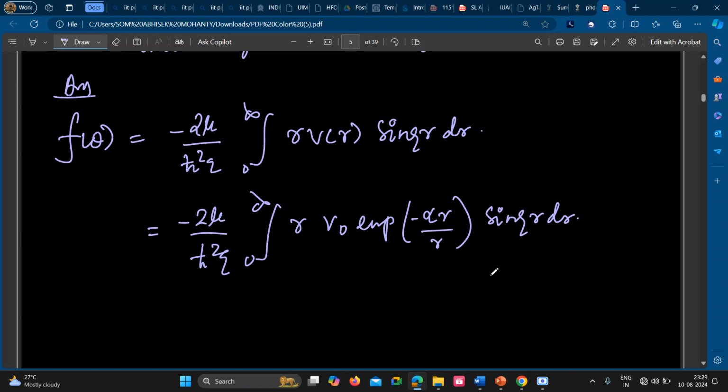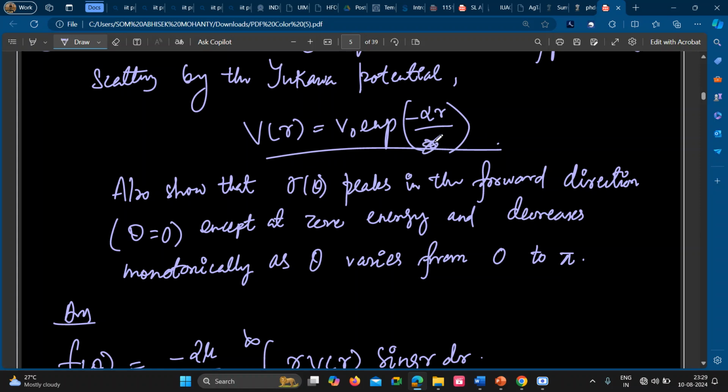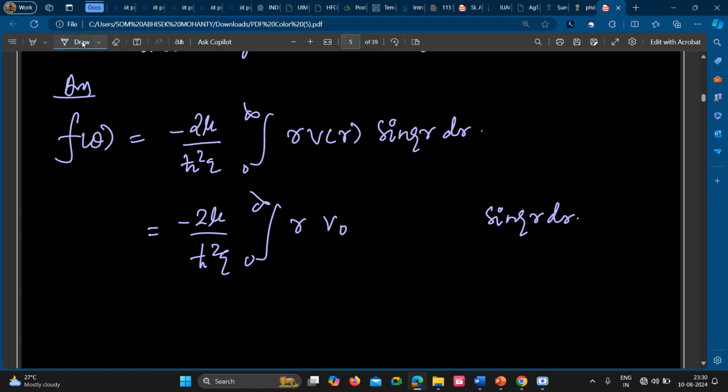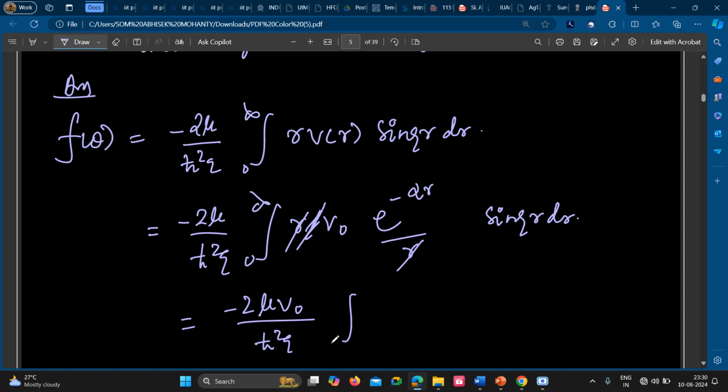How to solve this? Actually, I'm making a mistake, sorry. It's like this: e to the minus alpha r by r. Let me write it properly. So that r will be cancelled, and V naught goes out. So minus 2 mu V naught by h cut square q, integral 0 to infinity e to the power minus alpha r